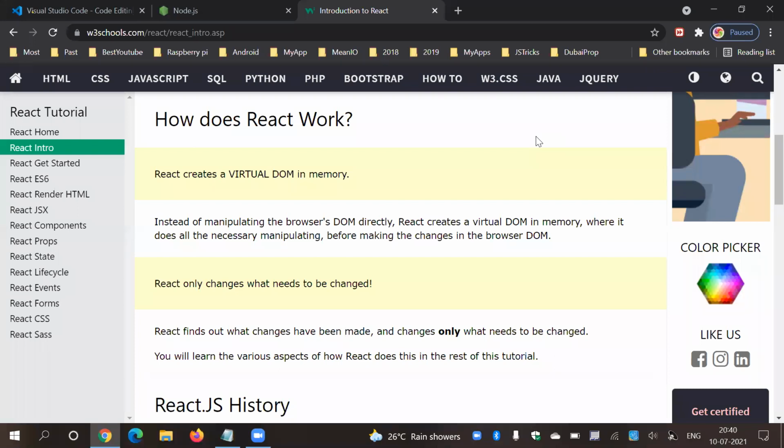So it is quite efficient as compared to doing this kind of operation directly on the browser DOM. So that's why virtual DOM is quite efficient. I will also explain how it works. Just give me some time, when we perform API work, add, update, delete operations. At that time, I will explain how it works.